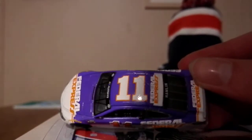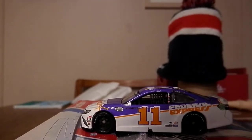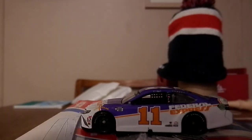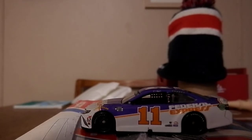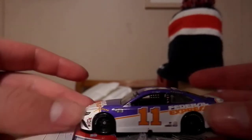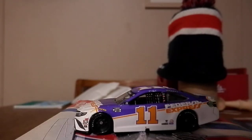And then you have Michigan, where Hamlin might get a win. And then you have Daytona, where anybody can win that thing. I mean, hell, I would laugh if somehow a Rick Ware Racing car or Starcom managed to win that race. I would just laugh. But for Hamlin to go from last year where he was winning so much to now,